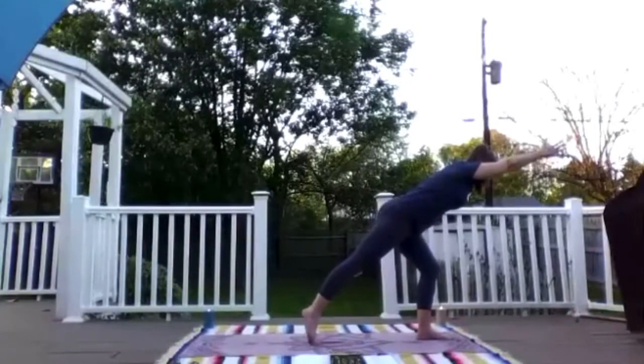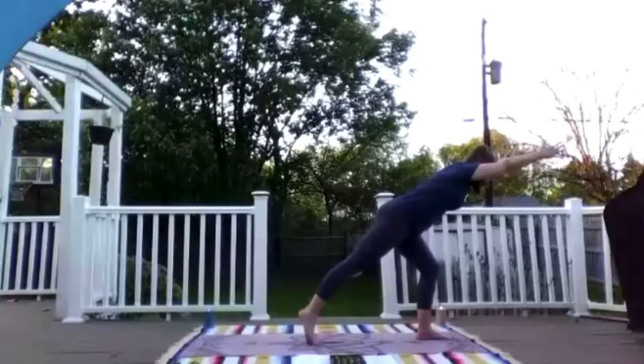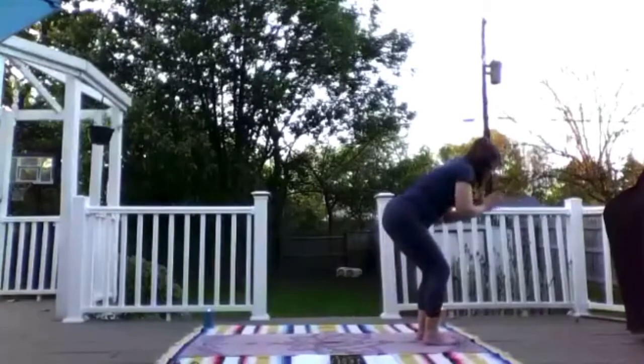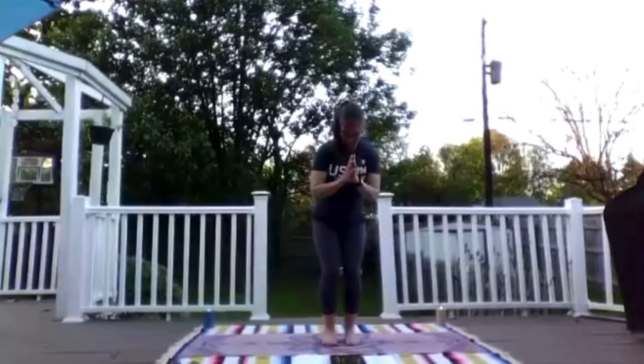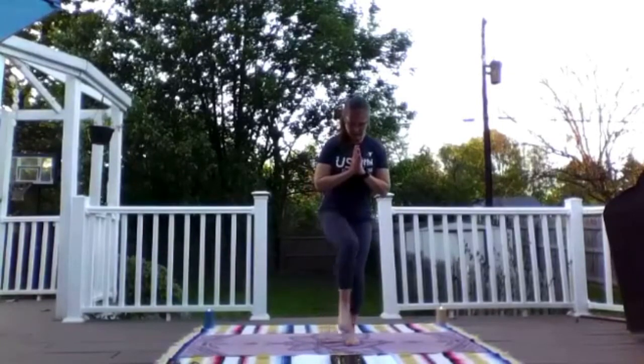Maybe you keep the toe on the floor today. That's okay too. And then bringing that foot down, coming back into a chair pose here. And I'll turn so you can see. From our chair pose, we're going to bring our weight into the left foot as we bring the right knee